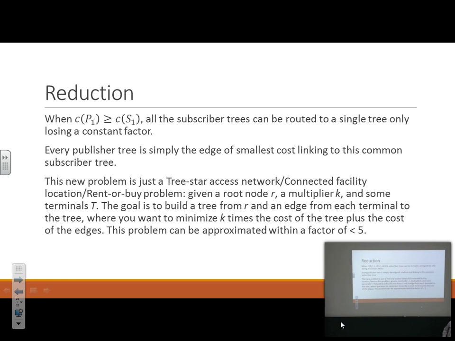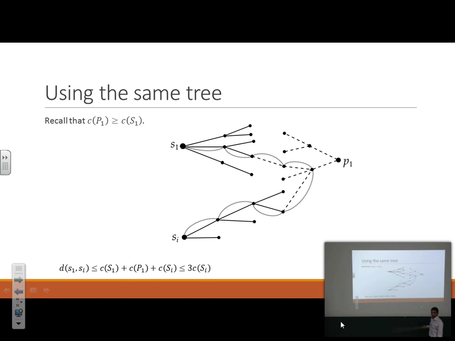Now, actually, there's too many words. Okay. So what's going on here? So if every subscriber here decides to go here, right, and build a copy of the tree, right? Now, what do the publishers want to do? They're all going to the same tree. So they'll just take the cheapest direct edge to that tree that everybody builds. Right?